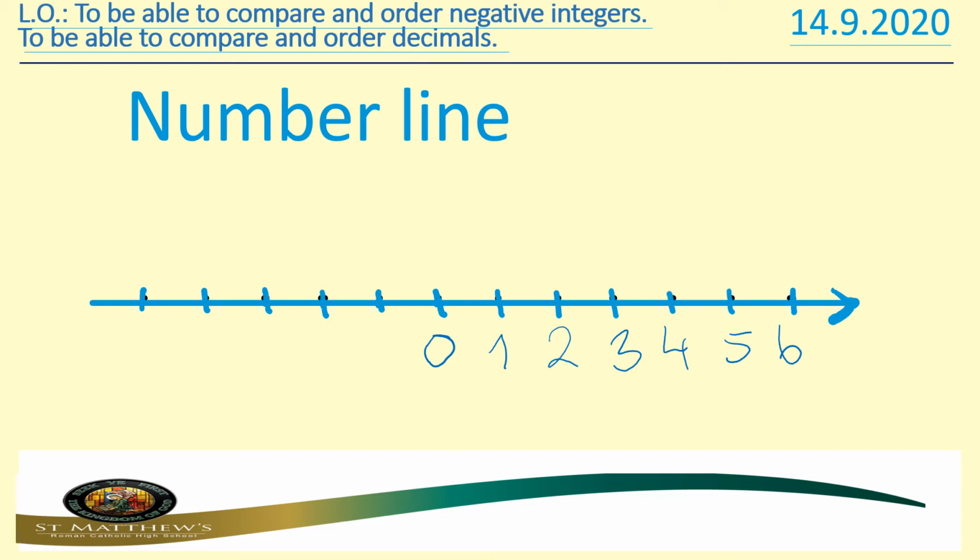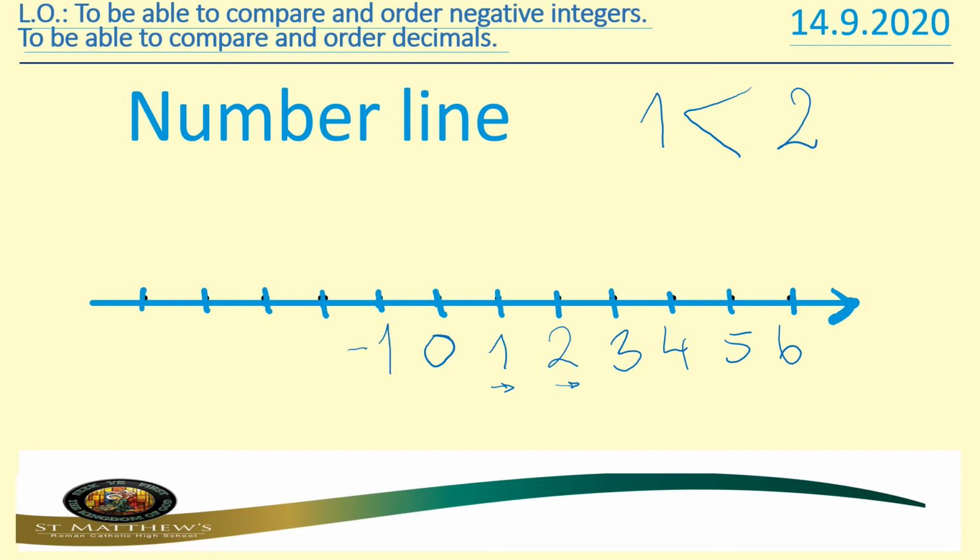So if I want to compare positive integers, for example, 1 and 2, I know that 2 is obviously bigger than 1 because it's to the right of 1 on the number line. So 2 is a greater number and 1 is smaller. And I'm sure that you all know that this sign points towards the smaller number and kind of eats the bigger one. Okay, easy. Now when we look at the negative numbers, which are to the left of 0,